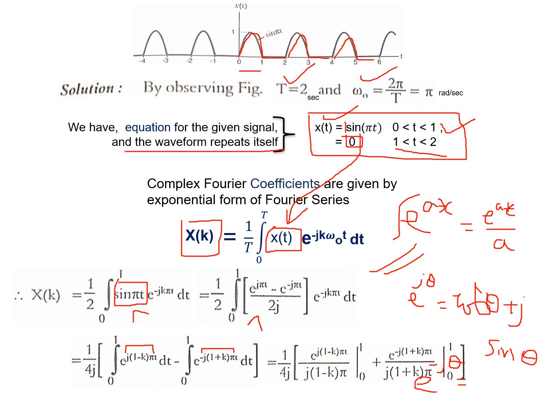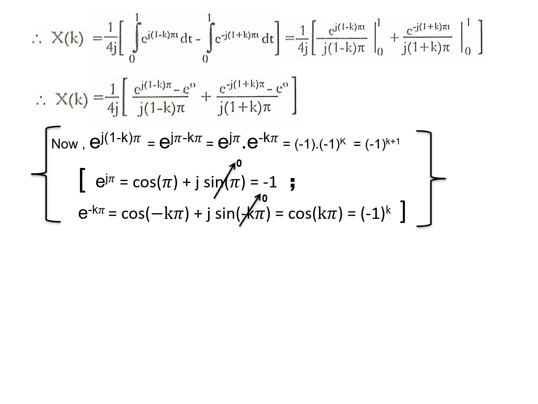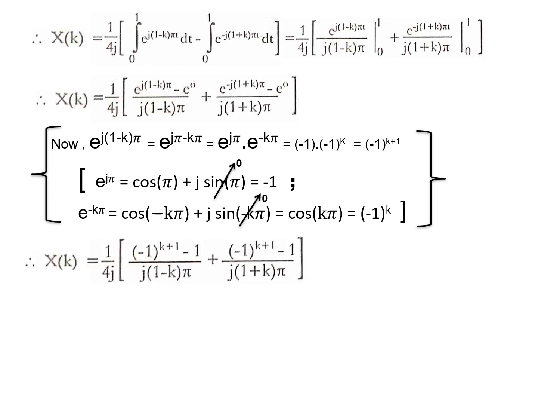Then I will simplify this. It's a mathematical step. I am writing the same thing once again. I am taking j outside the bracket, because j is common. Now these steps you can easily understand. I'll take j outside last, in the end. Now I'm expanding this. See this formula, I've written everything in detail here. I won't explain this, it will be a waste of time, because already you know all these mathematical steps.